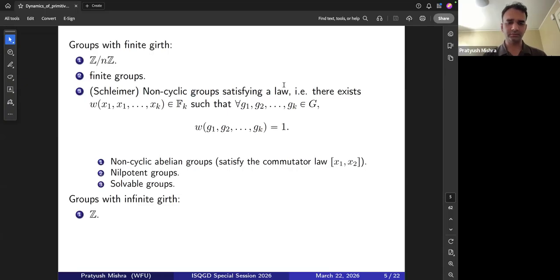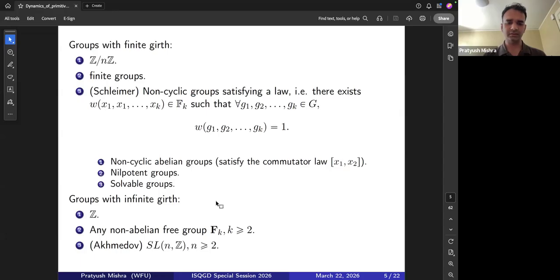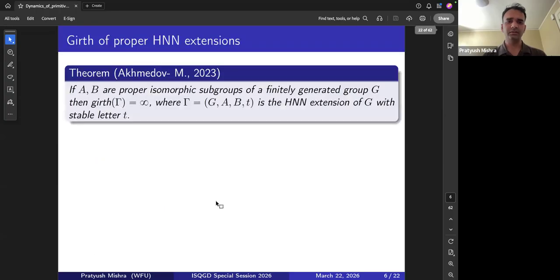So Z is just an exception. It has infinite girth. Any non-abelian free group, meaning by free group that there is no relation in the group, there are just generators and no relations, has infinite girth. And it's a result of Akhmedov that shows that SL_n(Z), the group of special linear matrices with entries from Z, for n greater than or equal to 2, has infinite girth. This is a result of